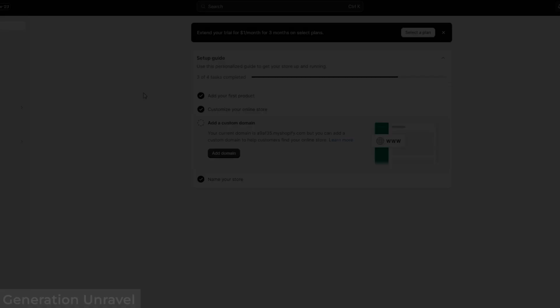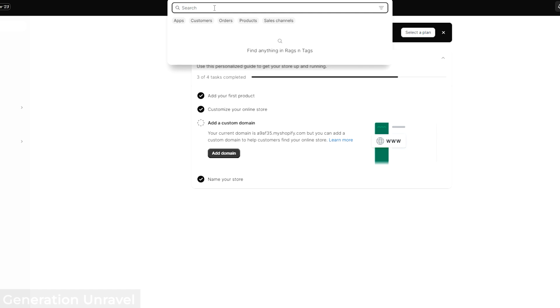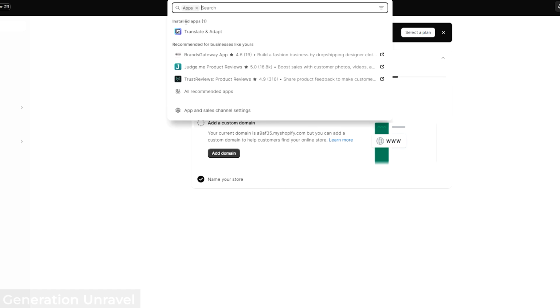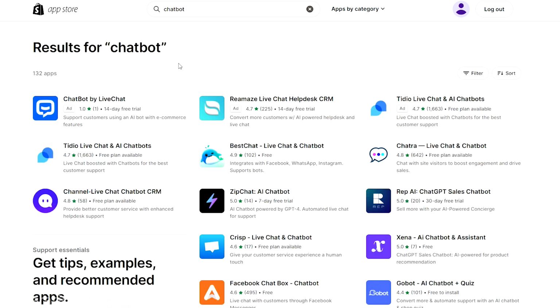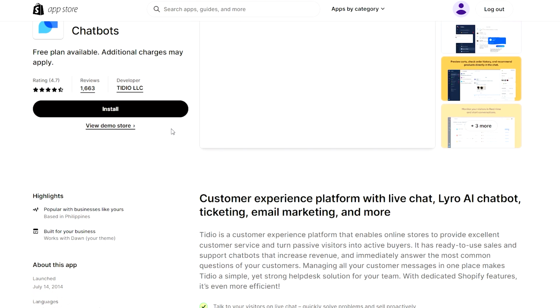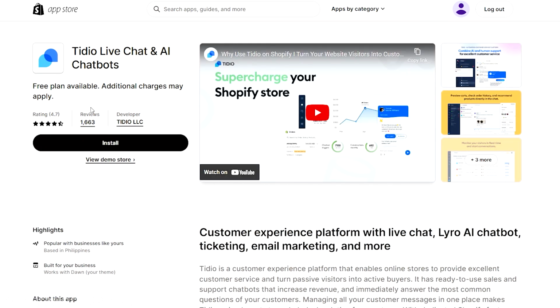Chatbot to your Shopify website. It's actually a pretty easy thing. Just click on the search bar over here, click on apps, and let's just search up chatbot, and it will immediately send us to the Shopify app store where we'll find all the apps connected to chatbots, and we'll just hover down here to Tidio live chat and AI robots because this is the best I have found so far